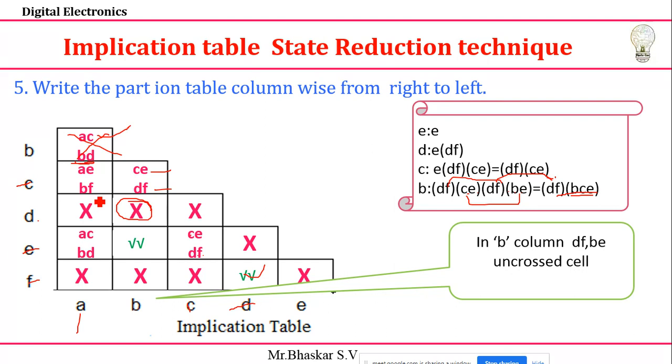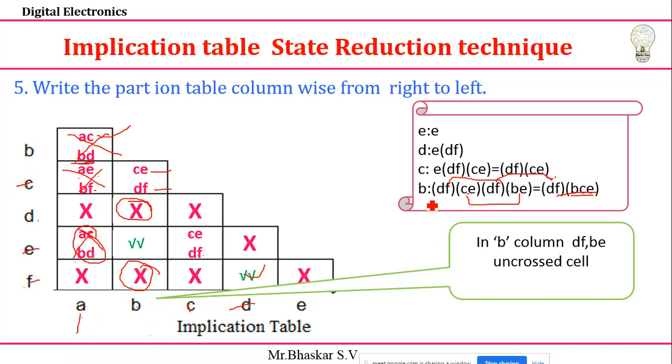Here also you have A and E, but B and F, you can see there is a cross mark. There is no uncrossed cell, so you need to neglect these states. Next, I'll go for the last case. Here there's a relation between AC and BD. A and C have some relations, but BD again is there, so you need to neglect it. Then I need to retain this state as it is.